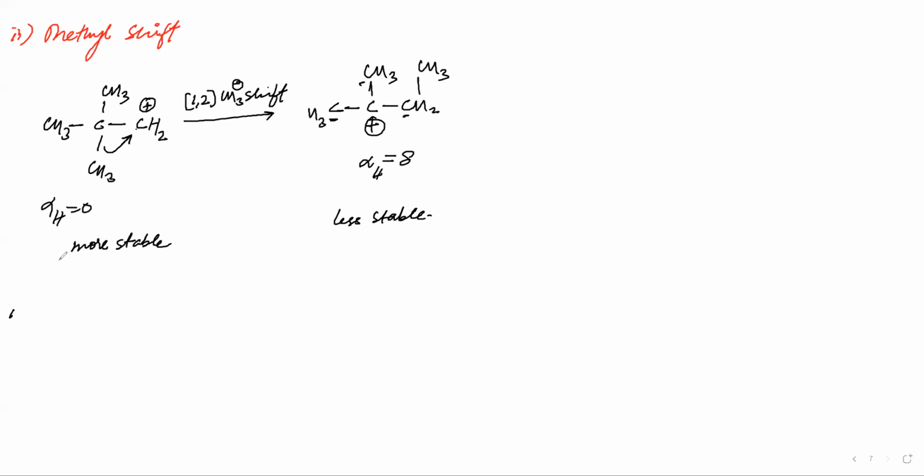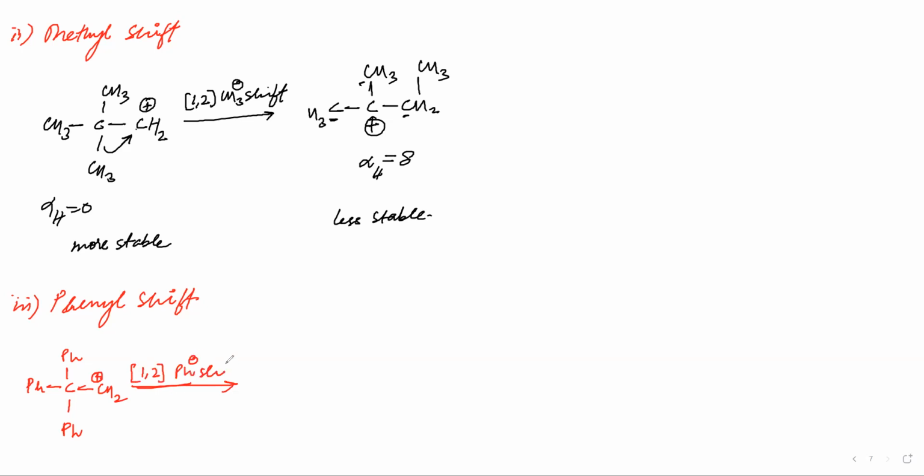Okay, now the third one is phenyl shift. Now you will see phenyl shift like this: Ph, carbon, Ph, Ph, and then CH2 positive. CH2 positive. This will be 1, 2,